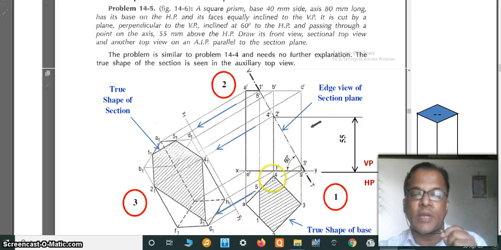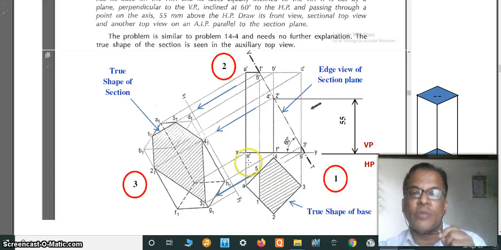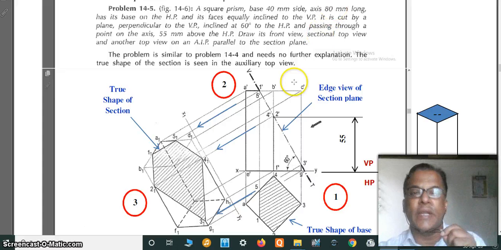So take any convenient point, draw this line at an angle 45. Or you can start from here also. Then you take this point. So take the length equal to the side 40 mm given. Then perpendicular to this you can draw this line. Again perpendicular to this, perpendicular to this, and you can complete this true shape of the base first. From that you can take the projection here. So this base, I already told, one base you should take on the reference line here. Then this is the length of the axis which is given as 80. So from here to here you can take this 80 and complete this rectangle.